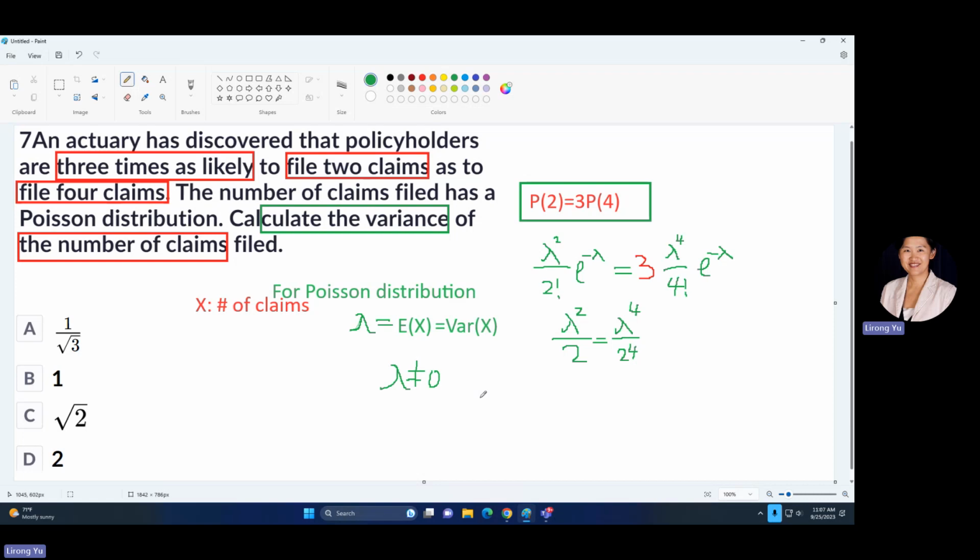So if you divide lambda squared from both sides of the equation, then without the lambda squared, we have 1 over 2. It is equal to lambda to the power 2, which is equal to